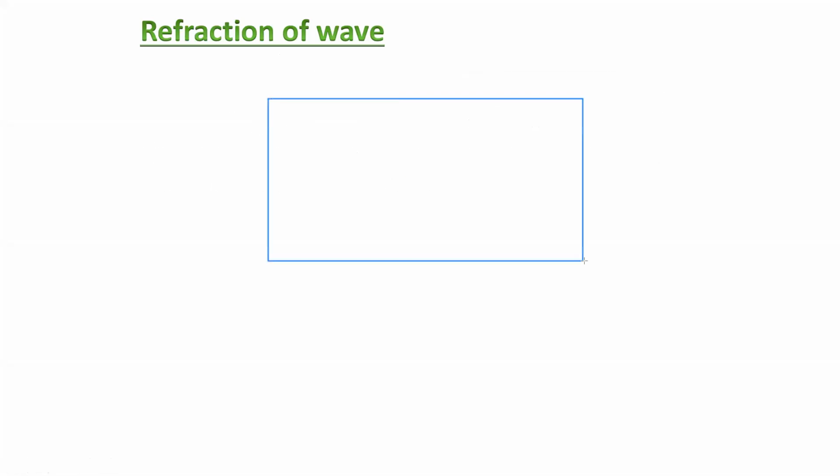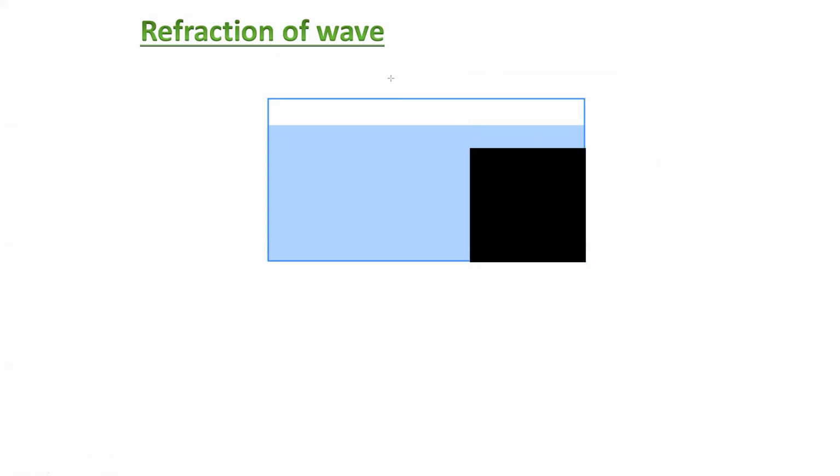So if a wave is traveling from a shallow region to a deep region, so we produce a wave. We vibrate an object, produce a wave. So what we will observe, if it's traveling from shallow to deep,